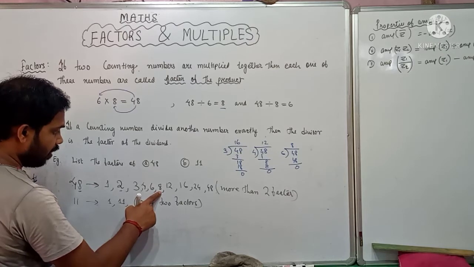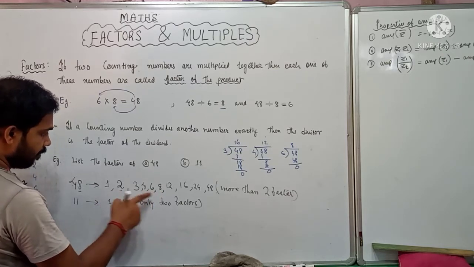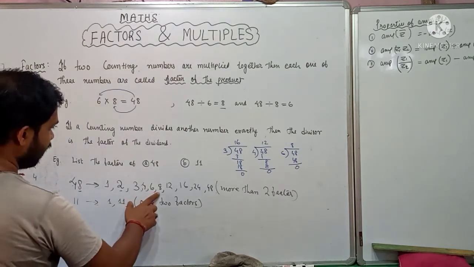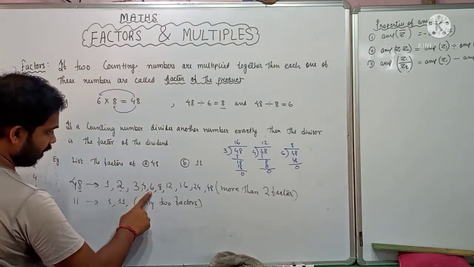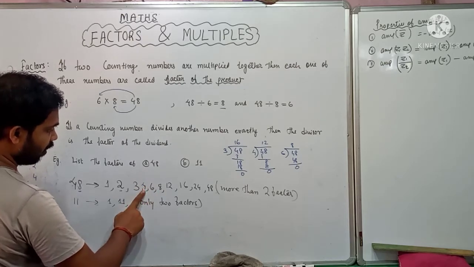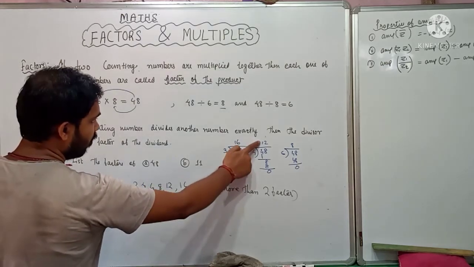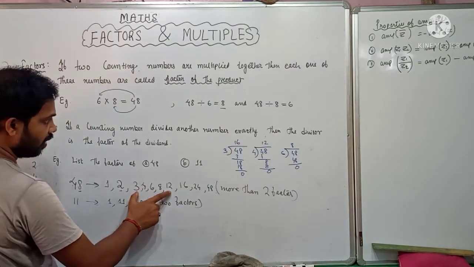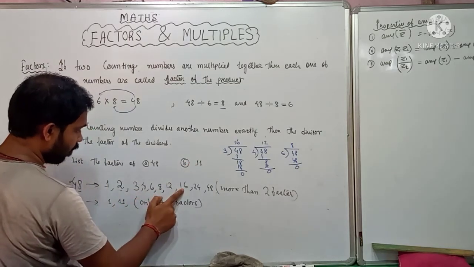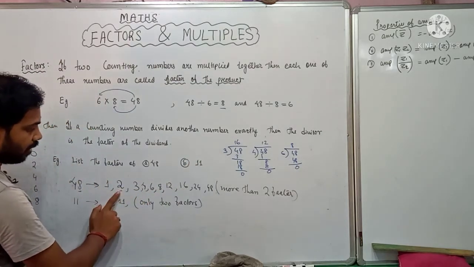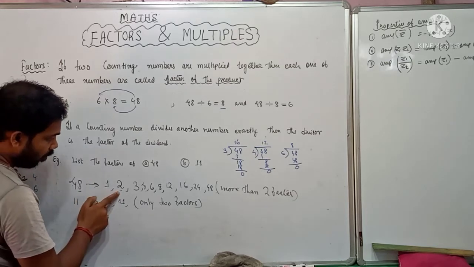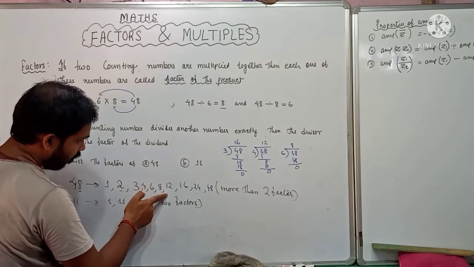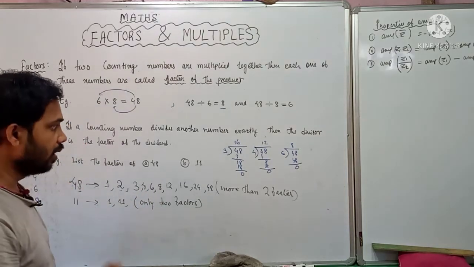Okay, now you start moving this side. If 8 is a factor, because 8 sixes are 48, so 6 is present. 4 how much are 48? So you see 4 twelves are 48, so 12 is also present. 3 how much are 48? So 3 sixteens are 48, so 16 is also present. Now you see 2 how much are 48? See how I have found out? I moved from this way, again I have come from this way. I will move from 1 to 10, again I will come from 10 to 1. In this way we have to find out.